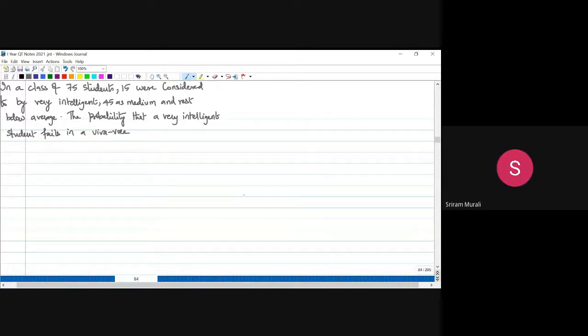The probability that a very intelligent student fails in a viva examination is 0.005. The medium student failing has a probability of 0.05, and the corresponding probability,